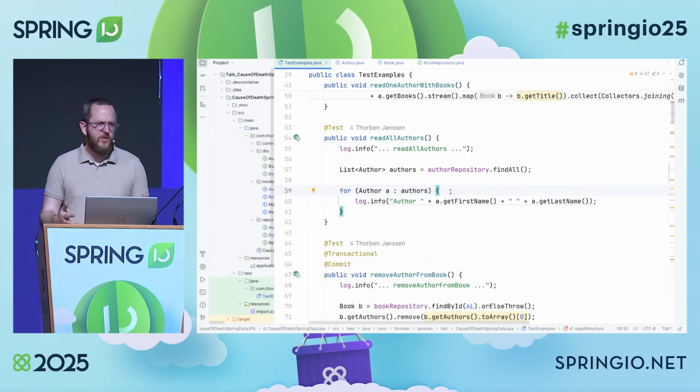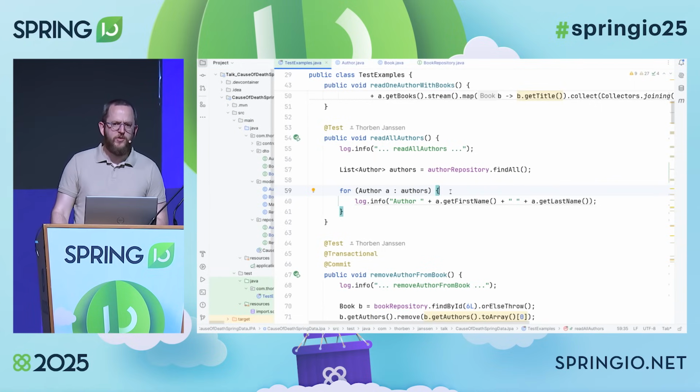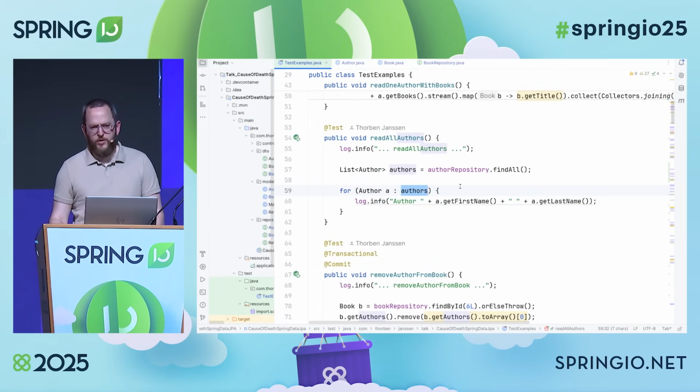my local test system, which is probably not that recognizable, but if you deploy it to production and you get back a few 100,000 or even more authors, then this will for sure cause severe performance problems, because you now have an n+1 select issue where you trigger an additional query for every one of these n authors we actually got from the database.